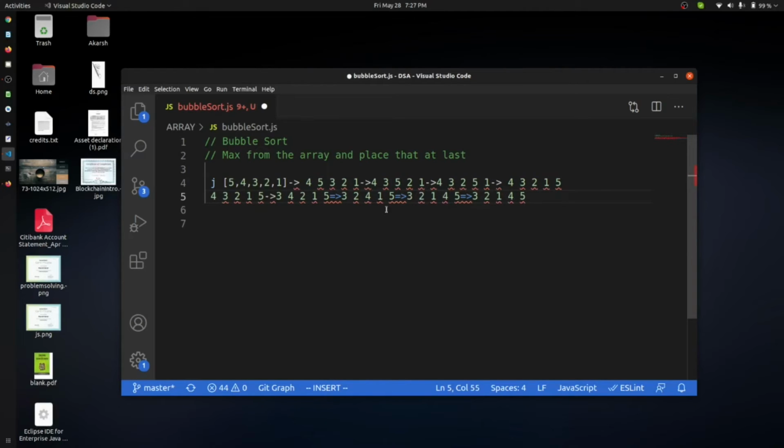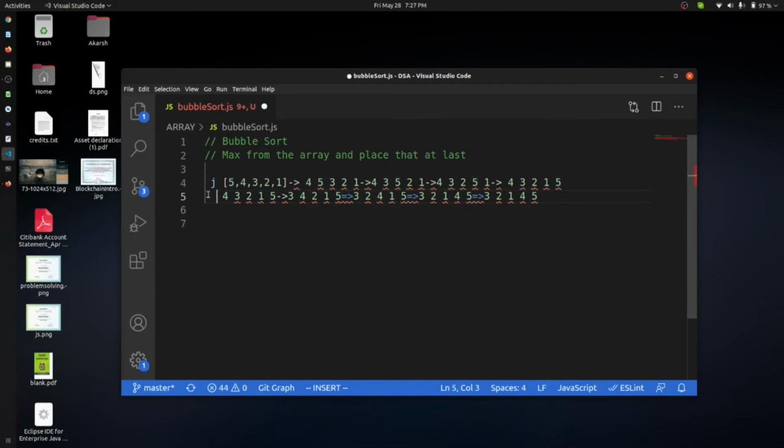In this step we can see that the last comparison is something we don't want to do, because 5 is already the greatest. So why are we comparing 4 with 5?